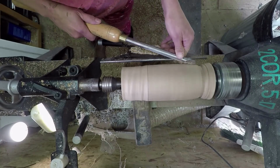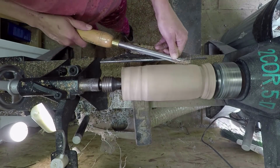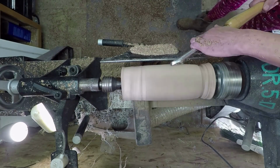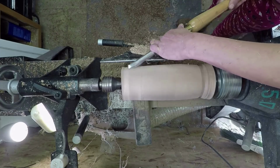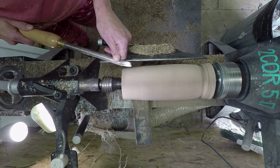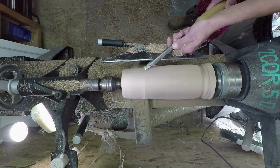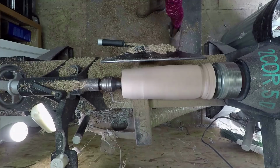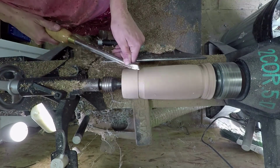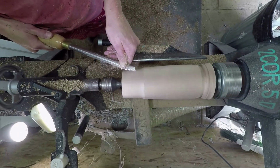Being I already had turned a shell casing, I kind of learned to go gradually with the shape. And the reason why I say that is because I didn't measure this out. I didn't do it to proportions or anything else. I'm kind of just eyeballing it. So I didn't want to take off too much wood, because of course you can't put it back. And the other one, I realized how easy it was to round out those sharp edges that you really want,